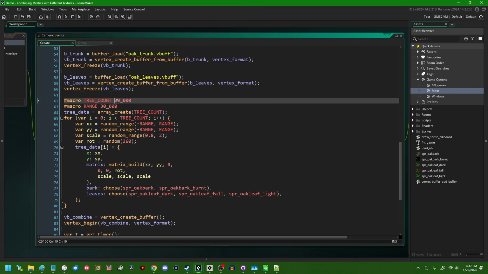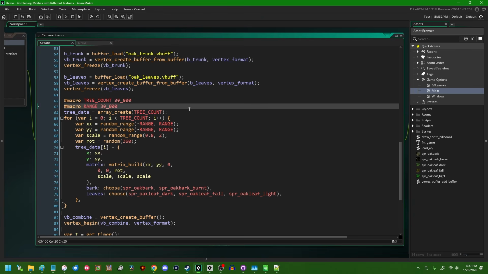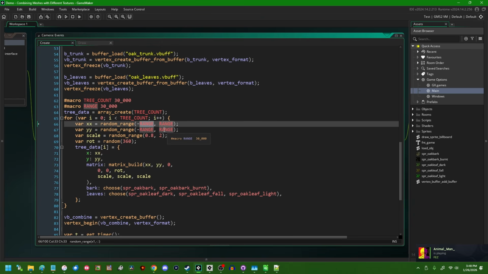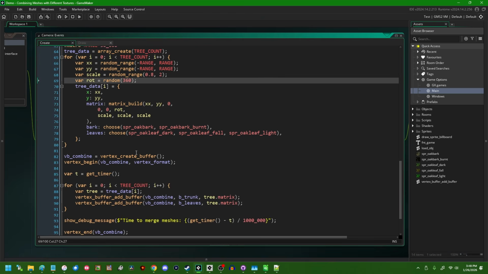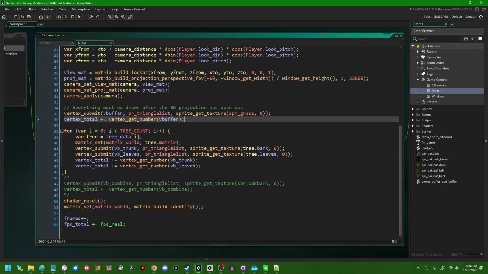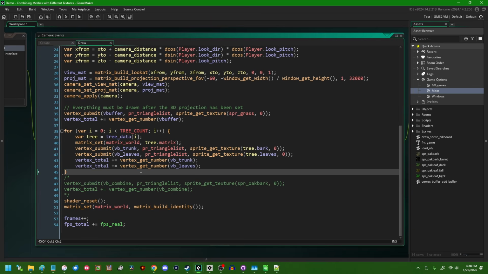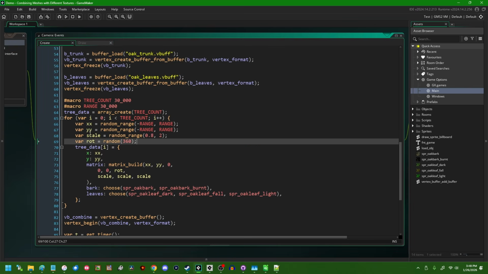So there are 30,000 tree models. They are randomly scattered over a range of, well, this. They're given a random scale and a random rotation, just to keep things fun. Then in the draw event, as you might have seen earlier, we're just going to iterate over that trees array and submit the bark and the leaves separately. There is still code, and